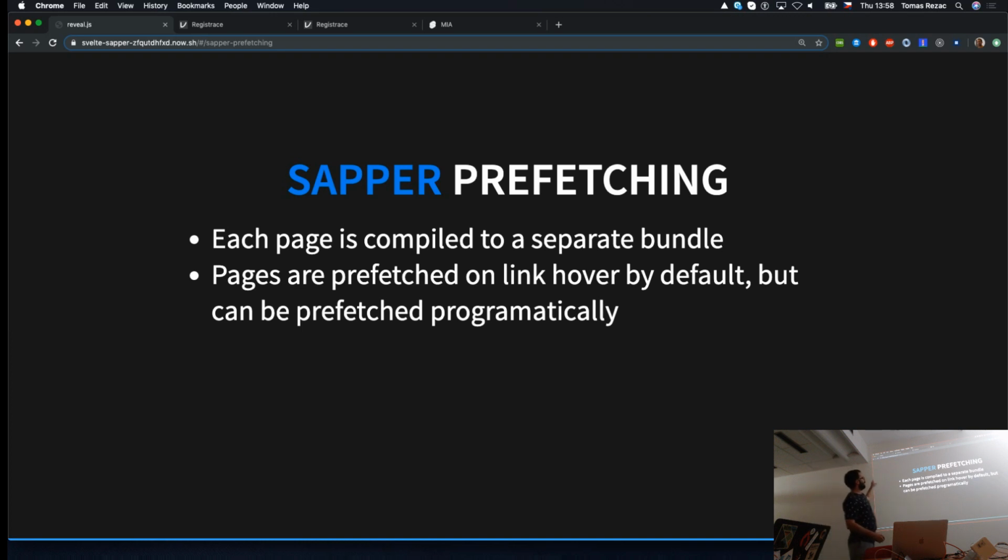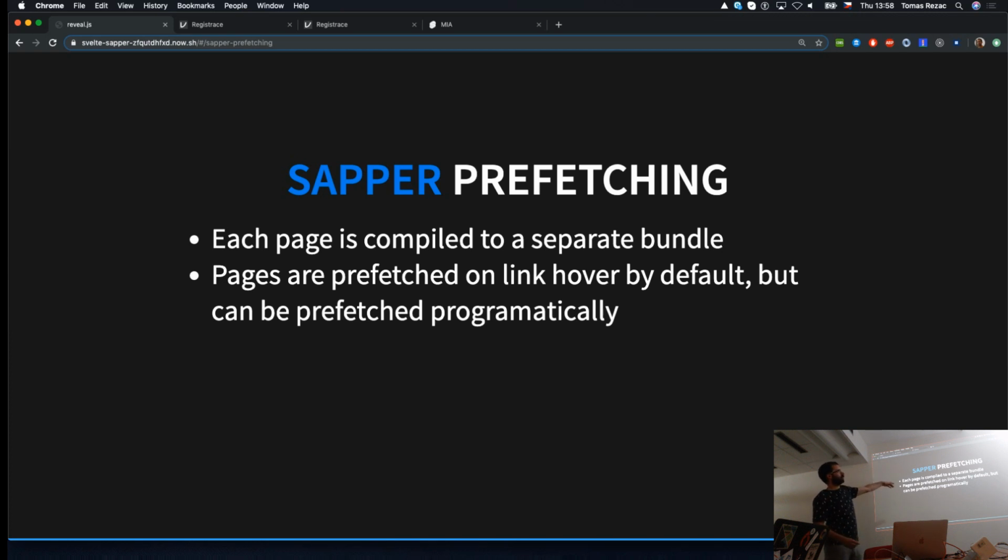When you are in an app and you hover over some link which goes somewhere, at that time it's already prefetched in the background, and the JavaScript, which is mostly small, is processed. If you have a good server, it's so fast that before you actually hit the link, it's already in the browser. So it's super fast.